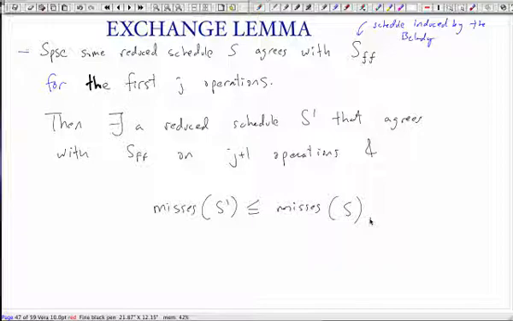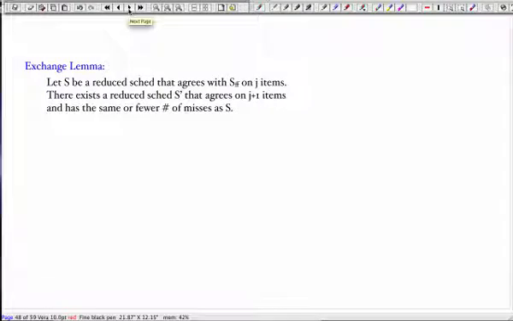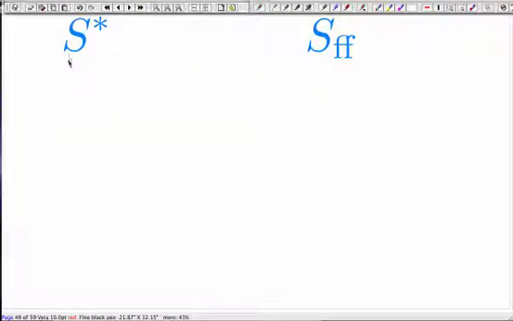Why would we care about a lemma like this? Because it allows us to make the following type of argument. Imagine this is the optimal schedule. Well, we know that it agrees with SFF on at least the first 0. Okay? And without loss of generality, we can also assume it's reduced. So if we apply our lemma, that means that there exists